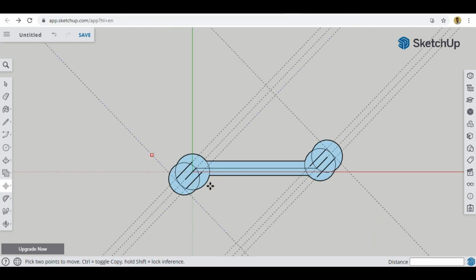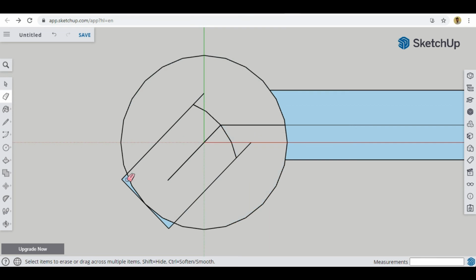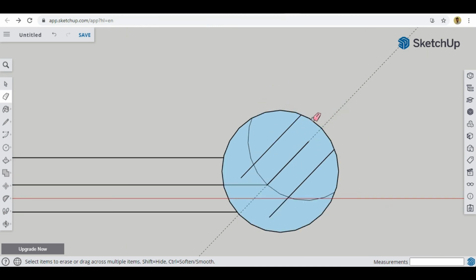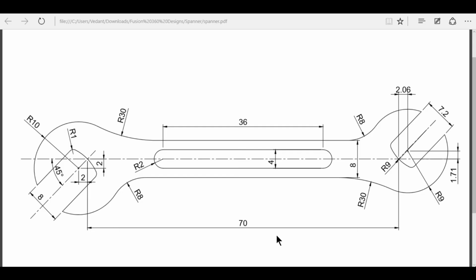Okay, it's correct. So now I'll use the eraser, and after that we just have this slot left.